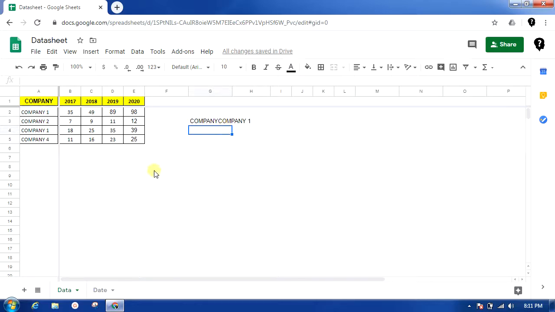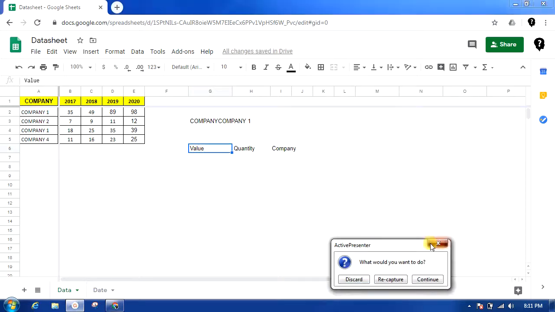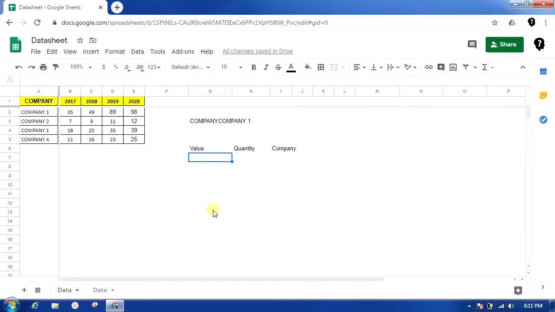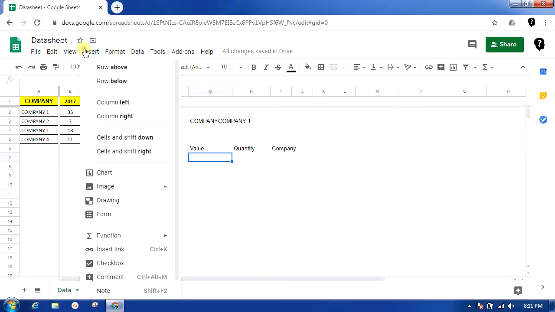Now let me show you a very important trick. Say for example, if there is a value, then quantity, then company. If I have these things and we want to check, okay, let me go ahead with the trick first.